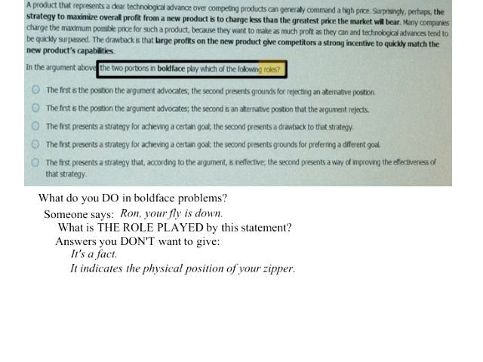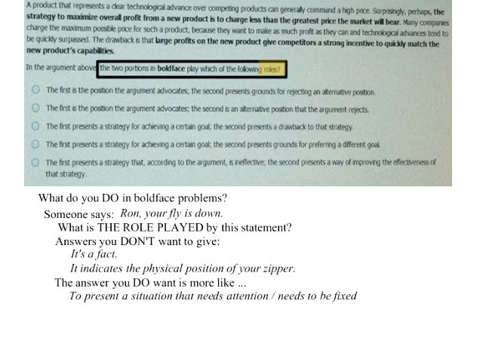What you do want to give is why it's also not just communicating random information. I mean, you have to say why would you tell Ron that his fly is down? Because you want him to zip it up. So the answer you do want is more like